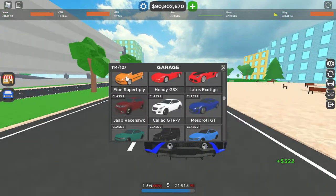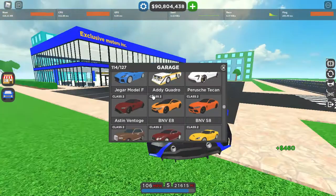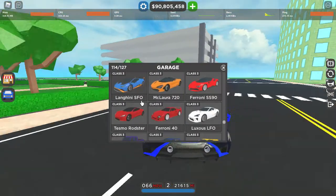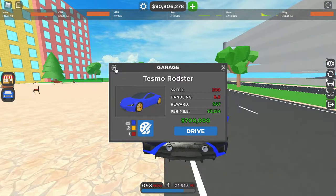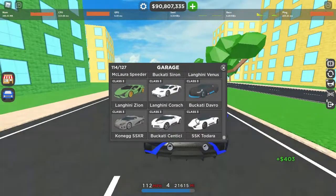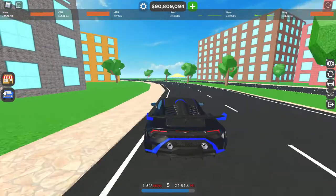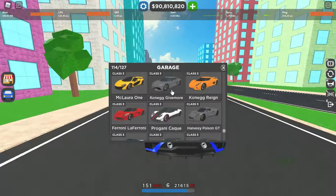This was what I started with the promo codes. But the STO was really my first supercar, because it was obviously free with the Easter event, but it helped me skip through the Tesla Roadster. And after the STO, I grinded to the Regera, and then after Regera, I grinded into the SSC, and then a bunch of stuff. Then I got all this, but it's really interesting how the STO changed my path,